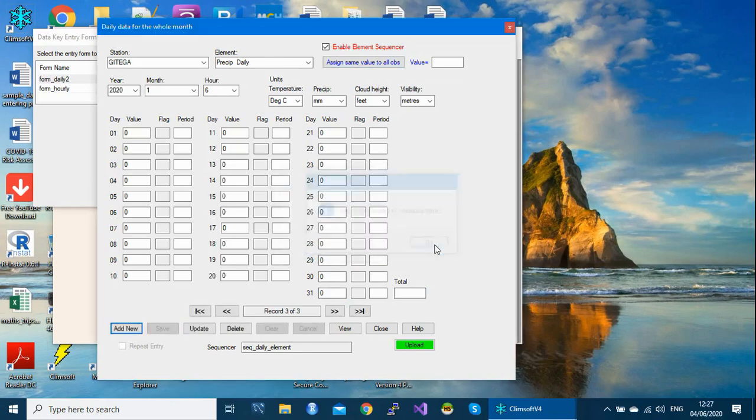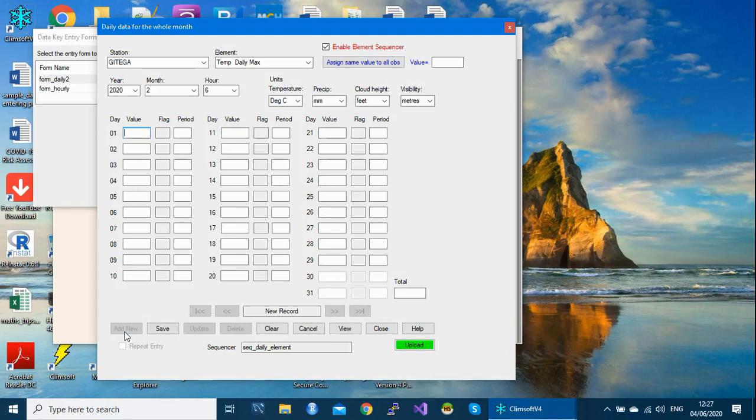Now this is my last value on the list of the sequencer. After this value, it will change the date and go back to the first element set in the sequencer. When I click add new, it will go to the next date, starting from the first element in the sequencer. So it will go to Feb and then T maximum after clicking add new.